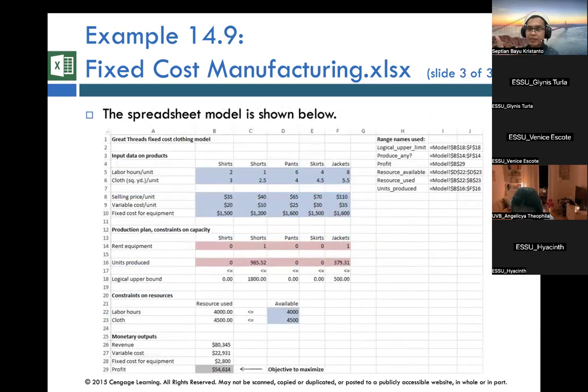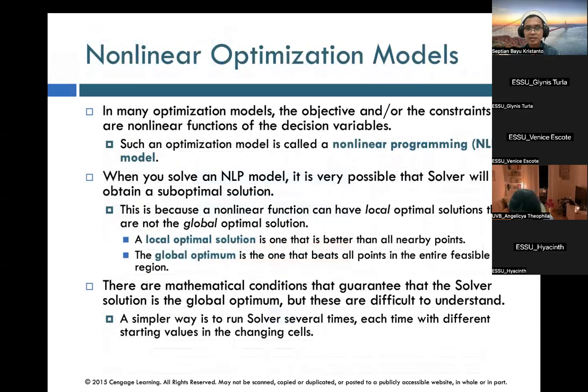That's maybe for any kind of considerations, how we can make some optimization in the fixed cost of manufacturing. So we need to make another approach between the linear and non-linear optimization models. In non-linear programming or non-linear models, we need to work with local optimal solutions. I know this is not the best or the perfect solution, but we need to find the